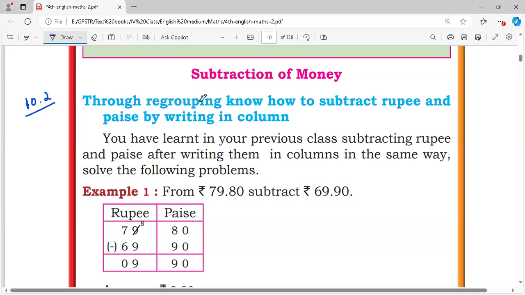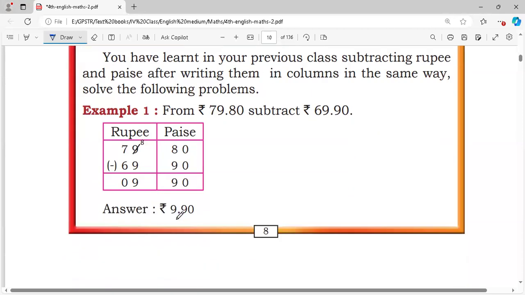Before going to the exercise, let us see some basic concepts: subtraction of money. Through regrouping, know how to subtract rupees and paise by writing them in columns. You have learned in your previous class subtracting rupees and paise after writing them in columns in the same way. Solve the following problem. Given one example,